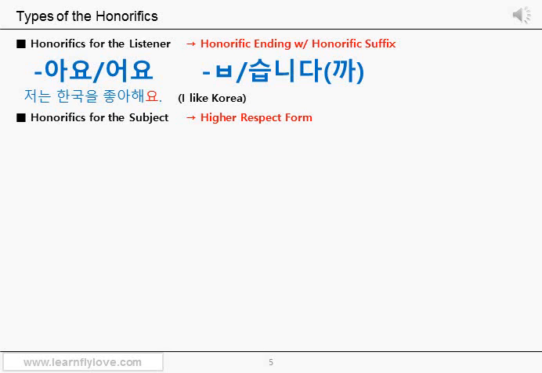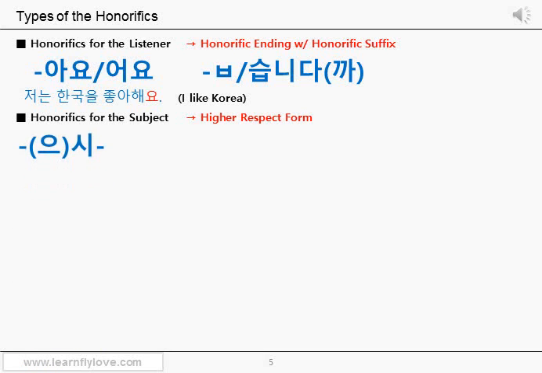So no matter what the subject is, if the subject is a person or is something directly related to the person, and that person deserves more respect, you can use higher respect forms. There are higher respect nouns and higher respect particles too. But basically, when you want to make a higher respect sentence, you need to turn the predicate part into a higher respect form first. And there is a rule for it.